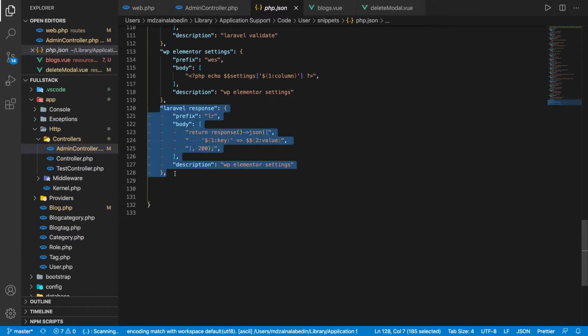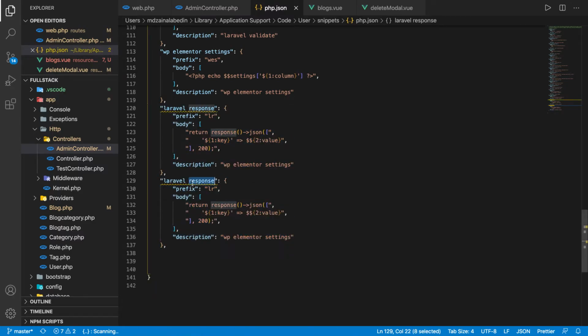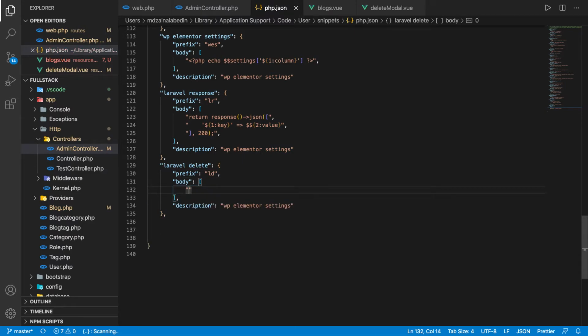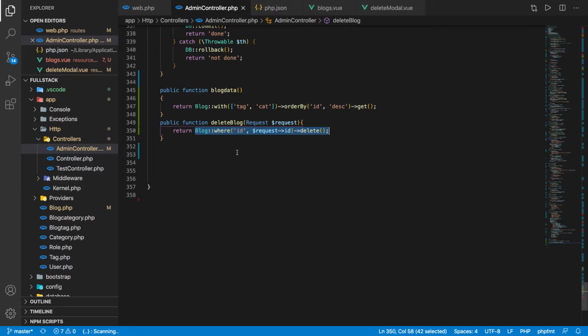Laravel response and Laravel, let's say Laravel delete, eloquent delete, eld, ld. So let's see ld, and here what we can say here, delete item. What we can say here,